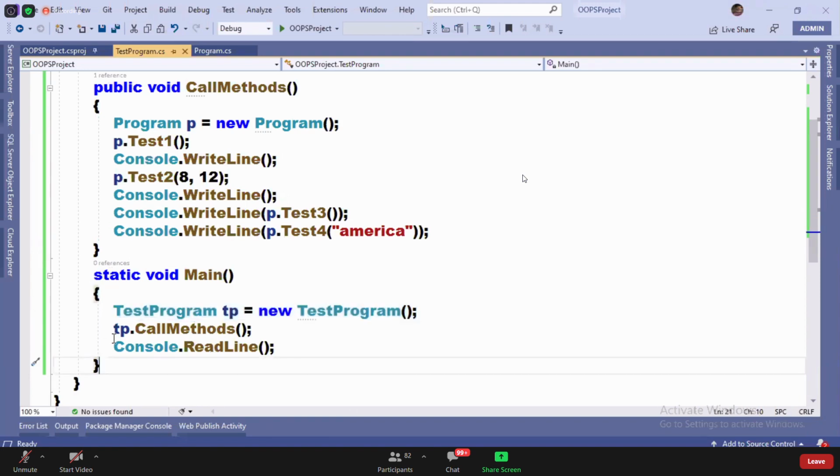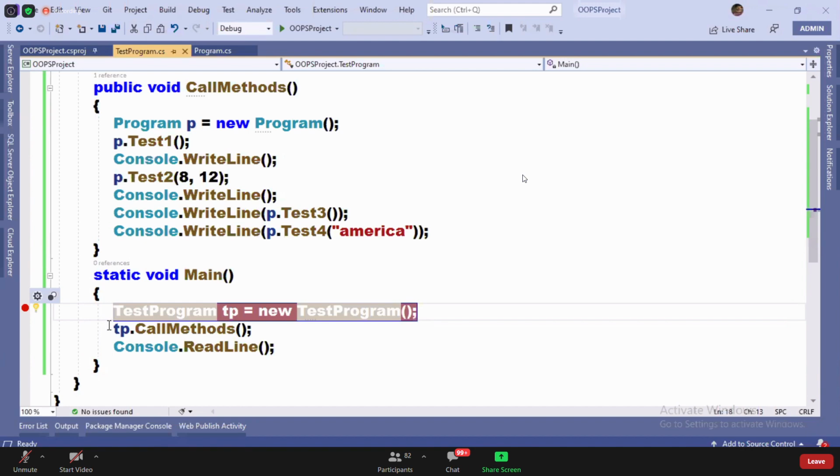So I want to see how the execution takes place step by step. To do that, we first require placing a breakpoint, guys. How to place a breakpoint? This is the first statement in my main method. Put the cursor there and hit F9. When you do that, a breakpoint is created. See the red line, that is the breakpoint.